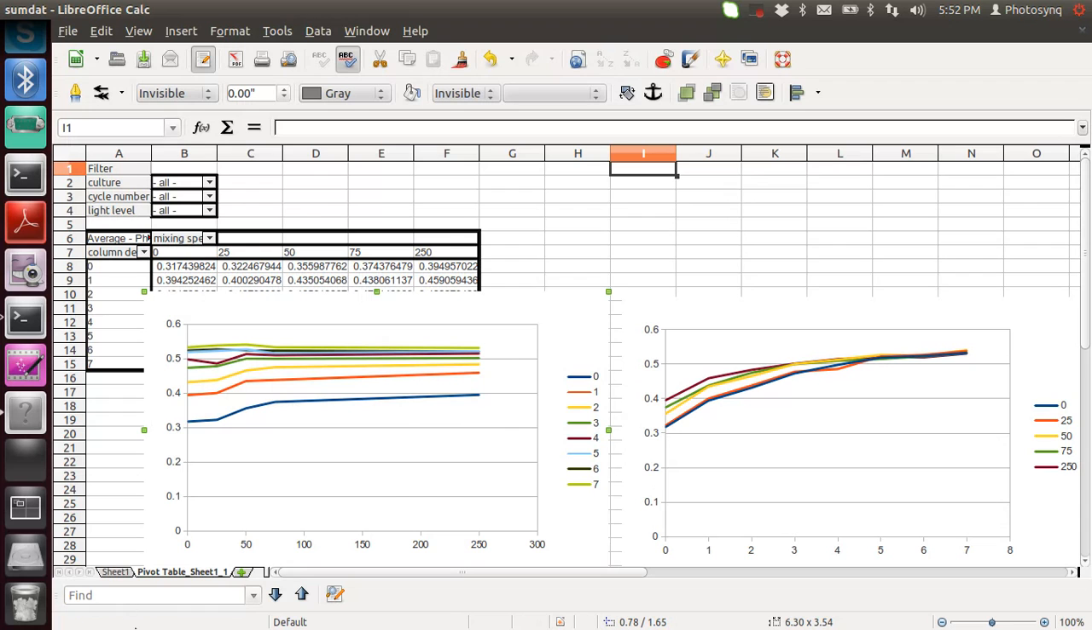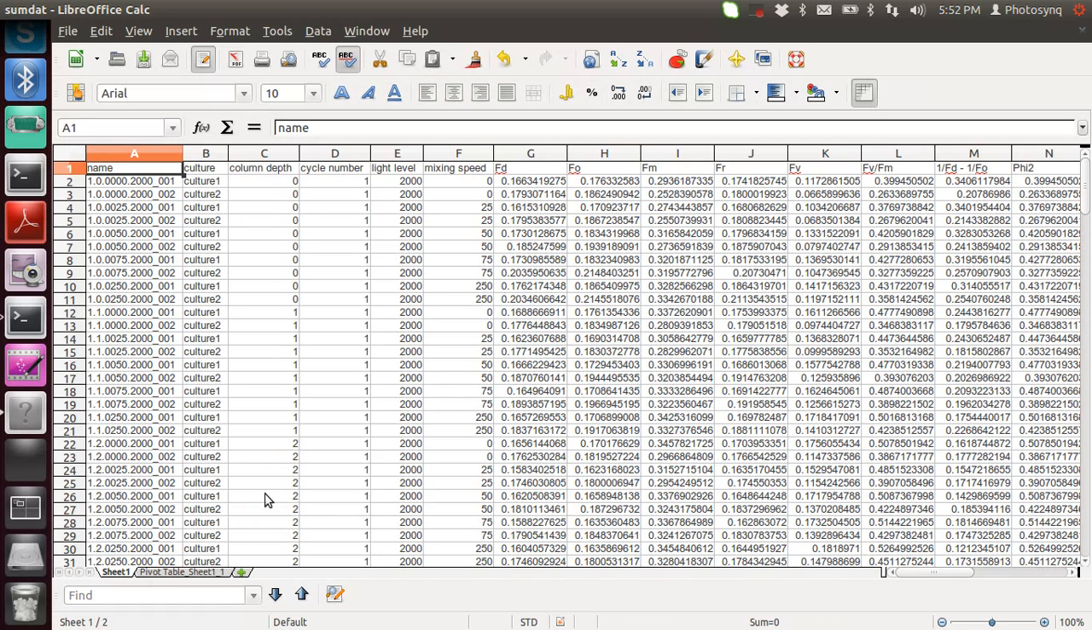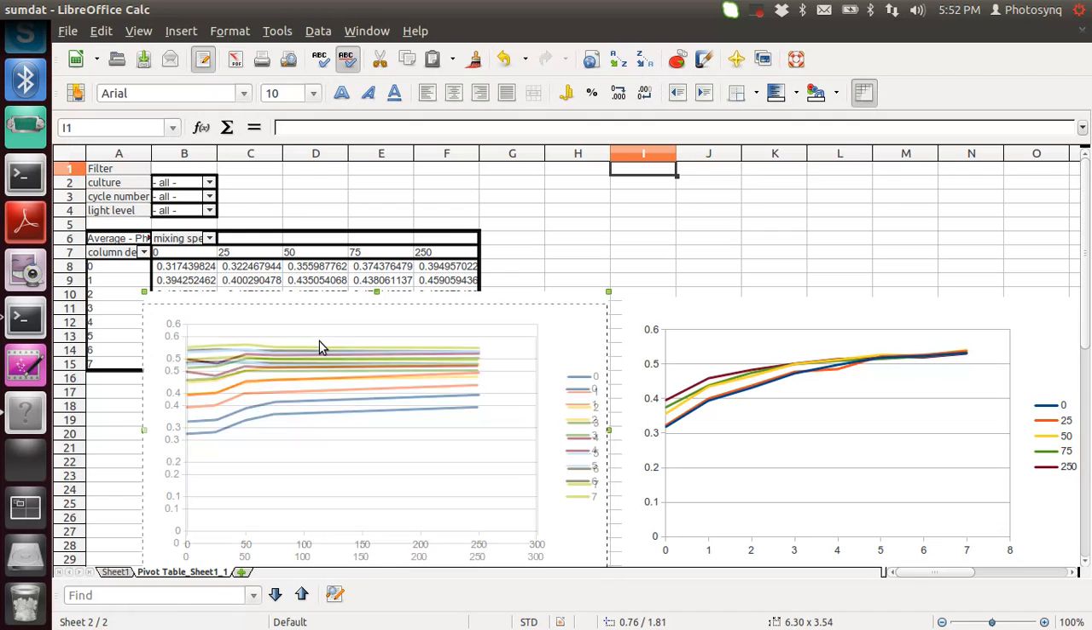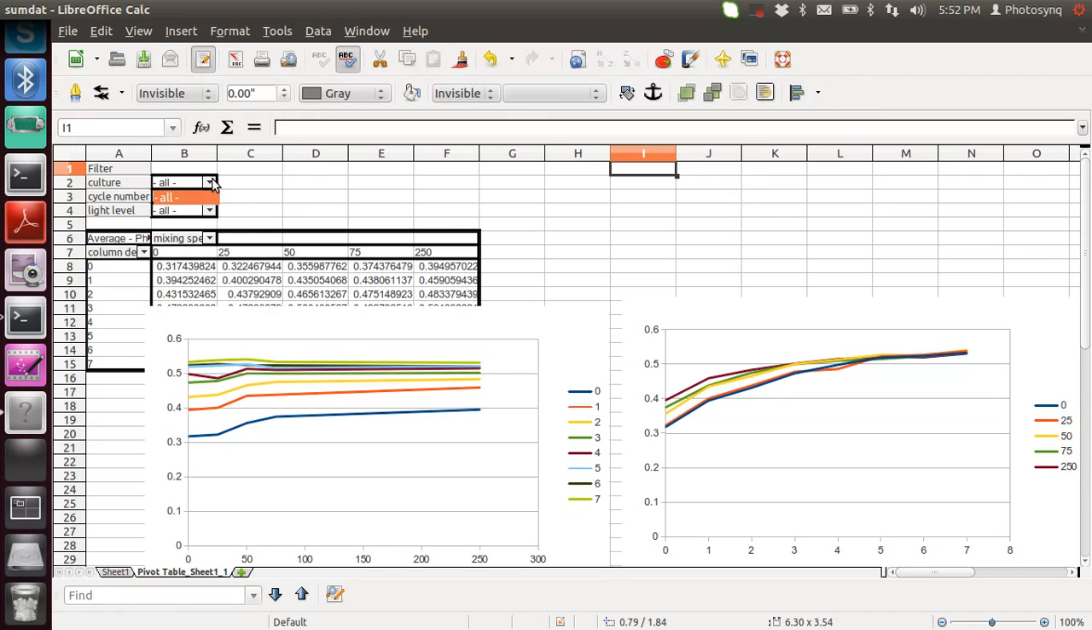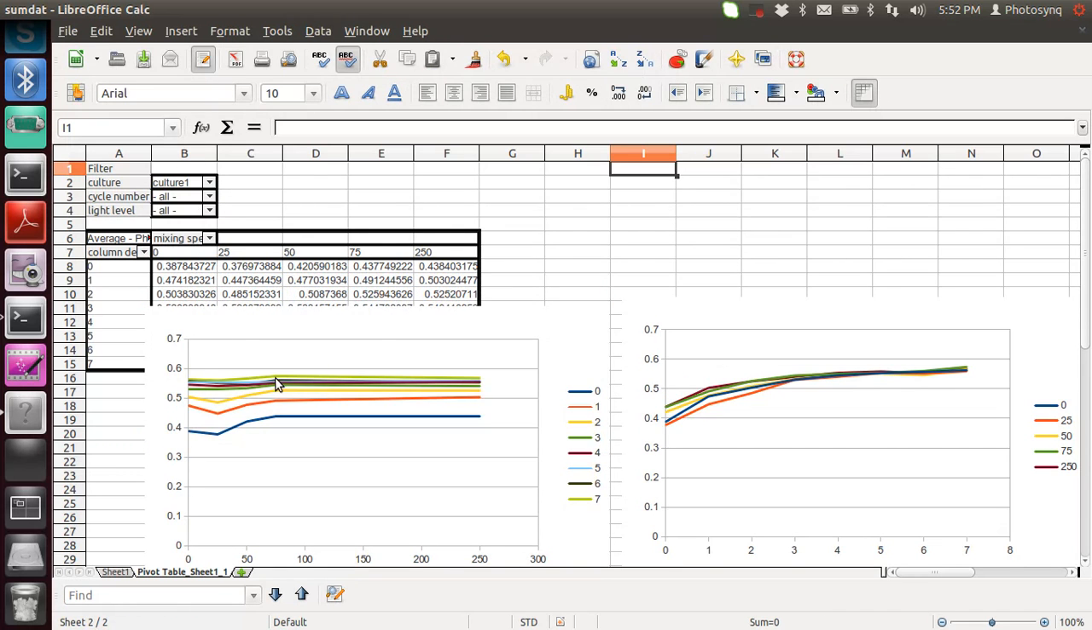And of course you can create a bunch of pivot tables. Each time you create a pivot table, you'll just create a new sheet down here for each of your relevant variables for whatever it is that you want to look at. And whenever you change, for example, if I just want to look at culture 1 versus culture 2, it automatically changes